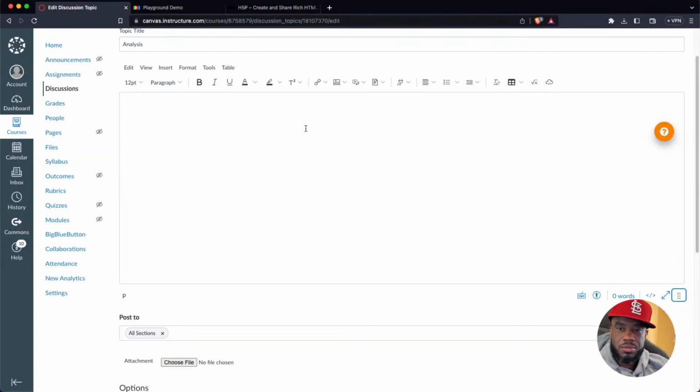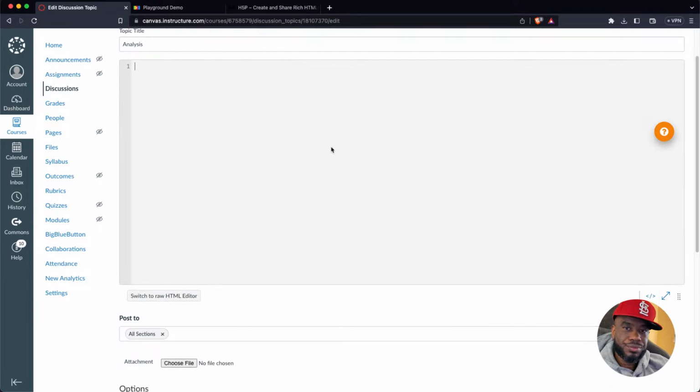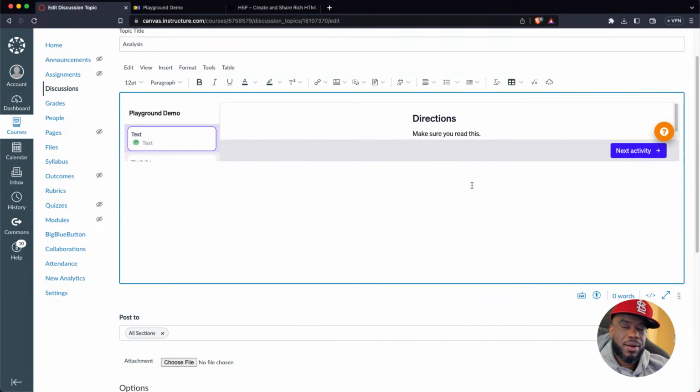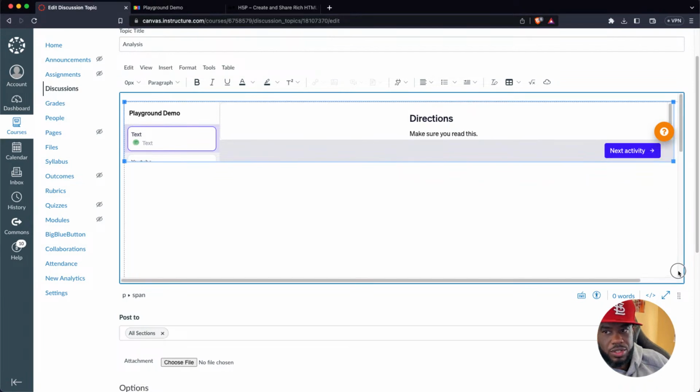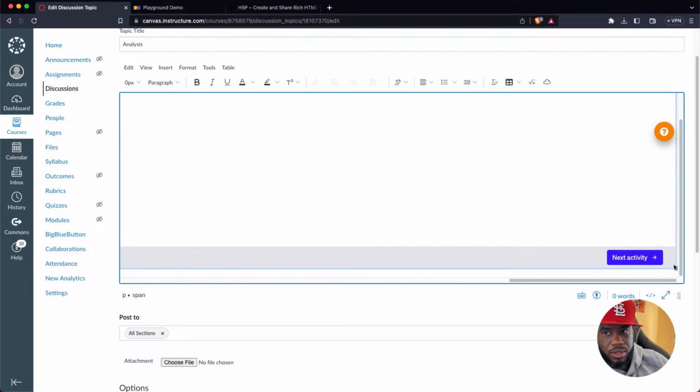And I'm going to go directly to my discussion, and you're going to see in the bottom right-hand corner that raw HTML. I'm simply going to paste that, and you see it pops up. Now, the issue is for some strange reason that HTML isn't good enough. So we're just going to drag, and you'll see that it'll expand. Just drag it as large as you would like it to be.